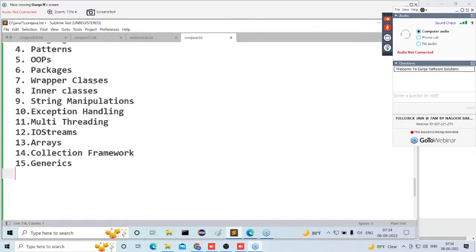For example, in my class, I'm doubtful whether all are core Java students. Maybe people from different batches are coming: core Java people, Python people, or people from different courses attending this session. In that situation, is it possible for me to give a fixed announcement with respect to core Java? Is it possible to give a fixed operation for all the students?